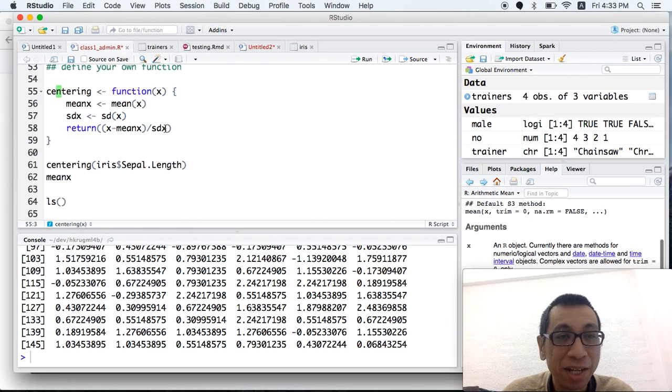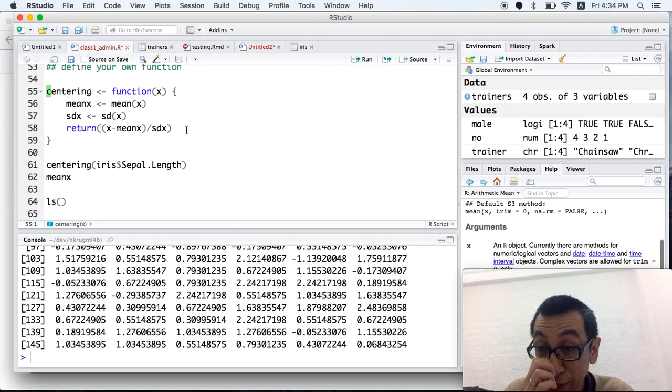Defining a function looks something like that, and inside the curly braces is how to do the transformation. For example, calculate the mean first, and then calculate the SD, and then for each value subtract the mean and divide by the SD, and then return that to you.